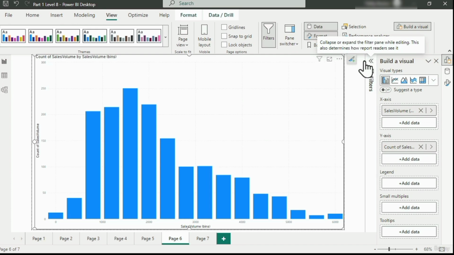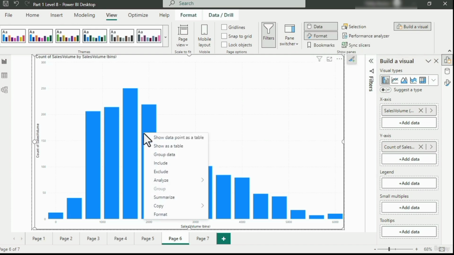However, outside of those, if you want to find out why one particular point is different from its neighbour, or if you want to have a look at the distribution of all of the points and where it might be different, have a look at Analyze, and you can explain the increase or decrease, or find out where this distribution